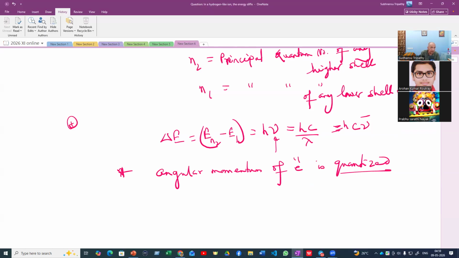Any particle moving in rectilinear motion has a linear momentum equal to mass into velocity, and any particle moving in circular motion will have an angular momentum, expressed as mass into velocity into radius of the circular path, orbit in which it is rotating. So mvr, only one r is multiplied extra, and he